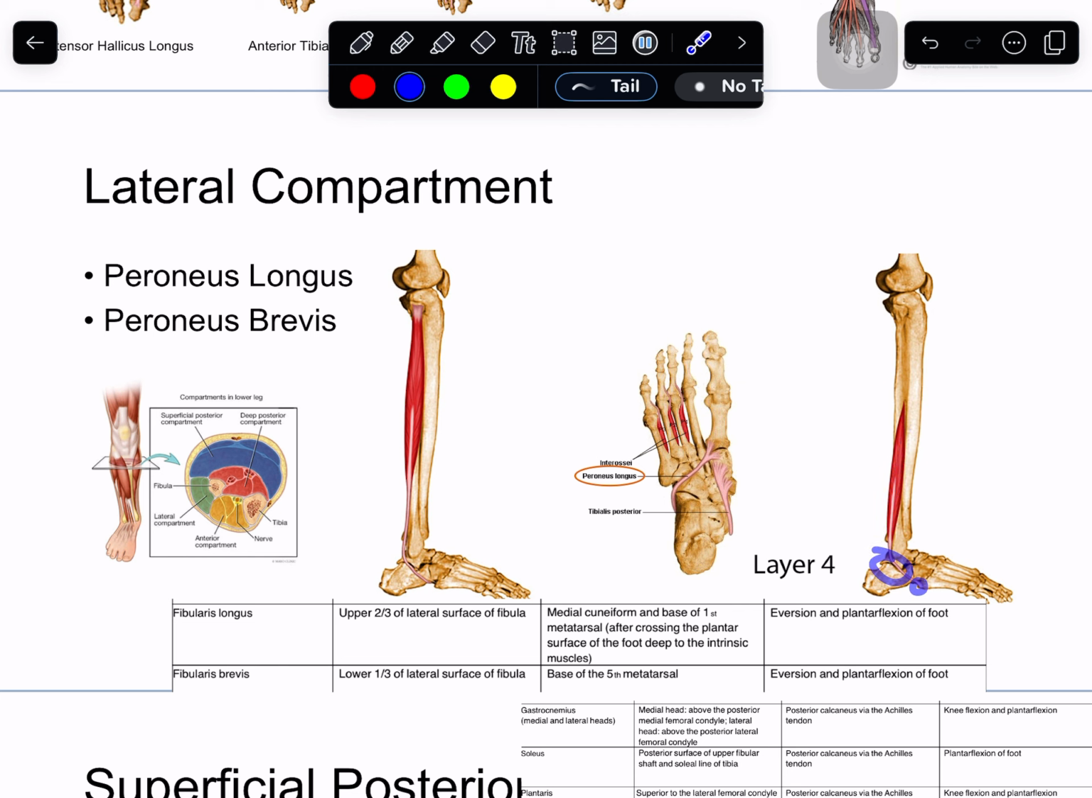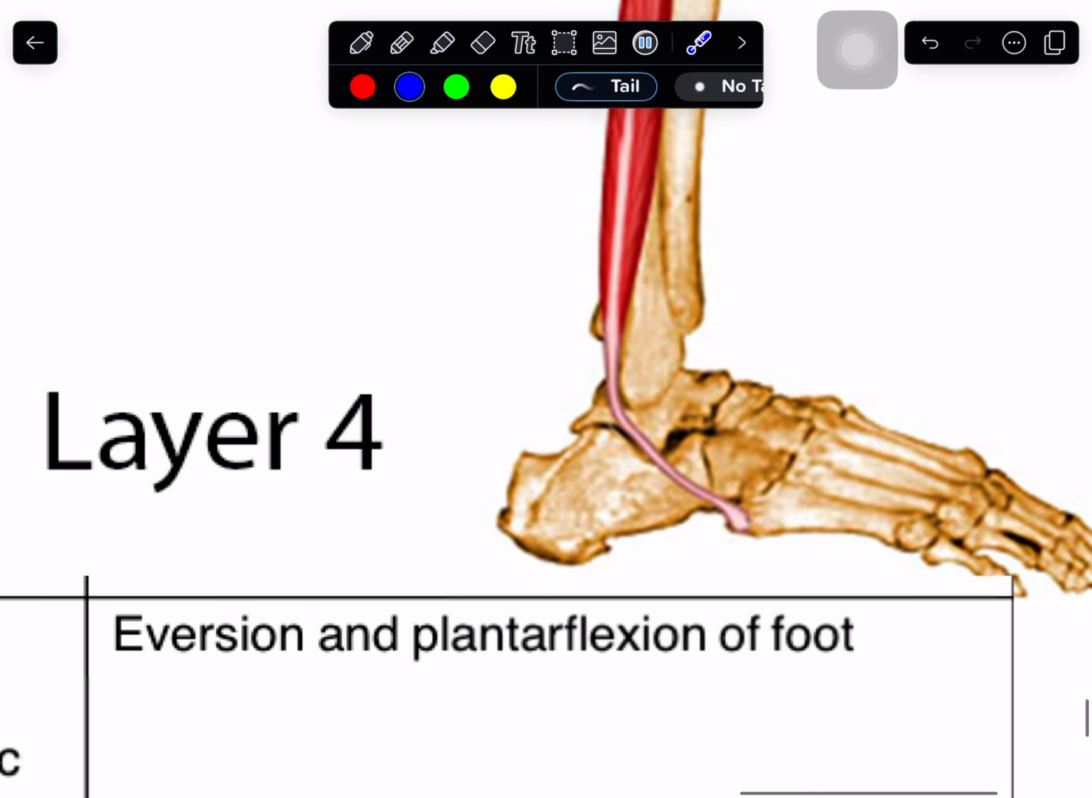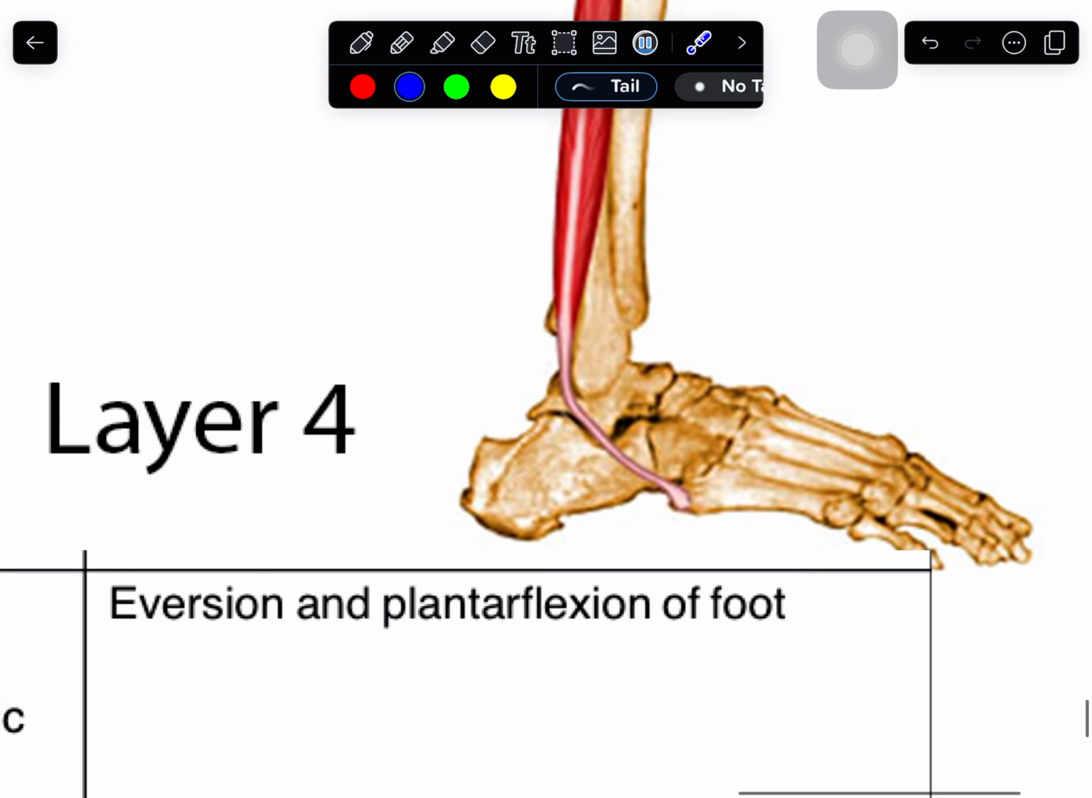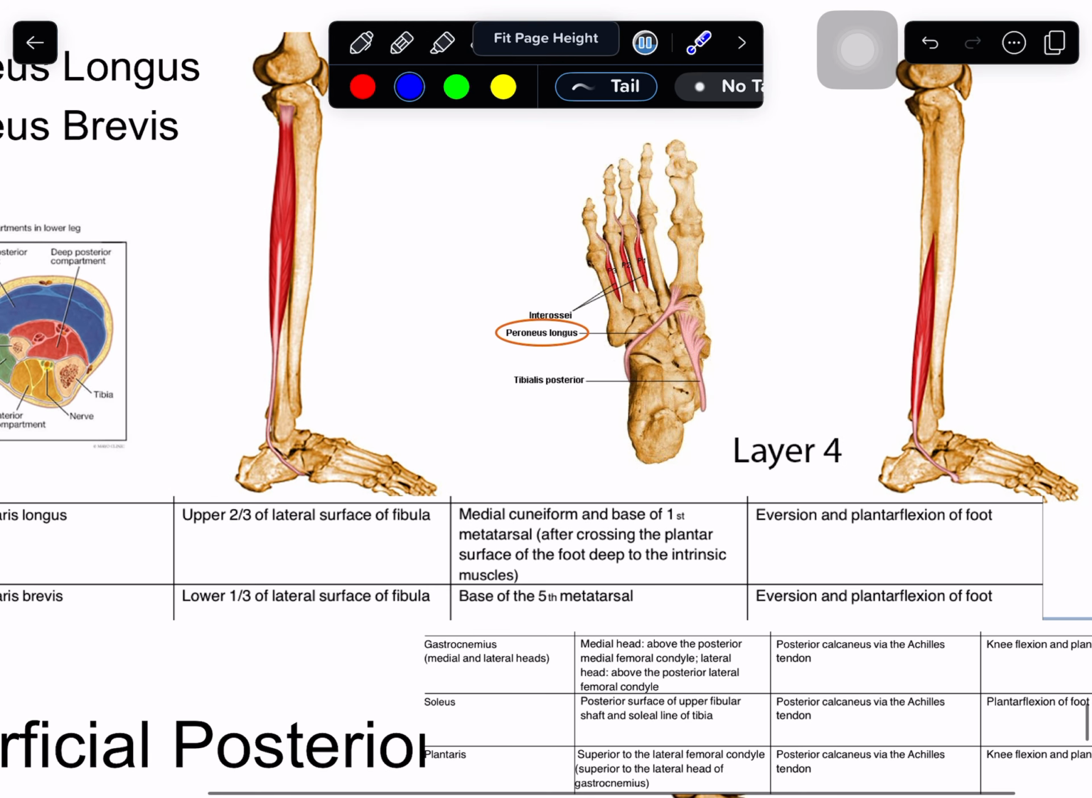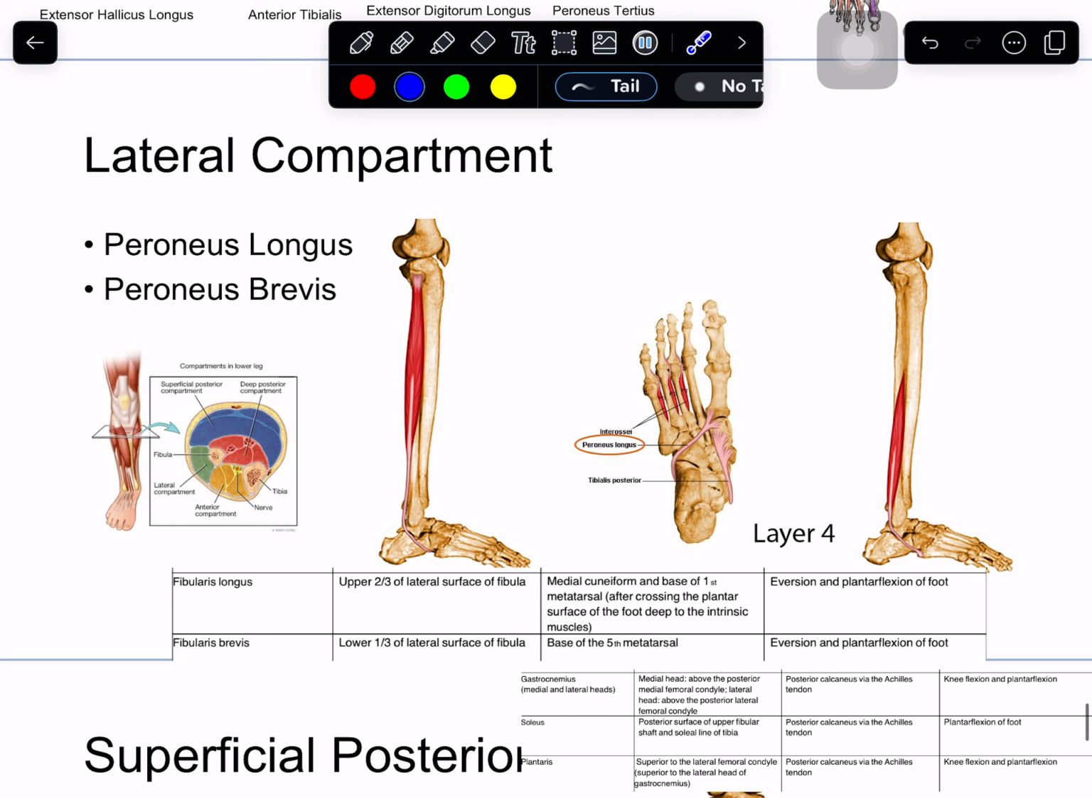the peroneus longus. But this one is actually going to stop here and insert onto the styloid process of the 5th metatarsal, right? So again, the peroneus longus runs all the way underneath, goes into the first metatarsal, and the peroneus brevis stops here and inserts at the styloid process, that pointy process of the 5th metatarsal. All right, so again, these are going to be both lateral compartment muscles, and we know they're going to be